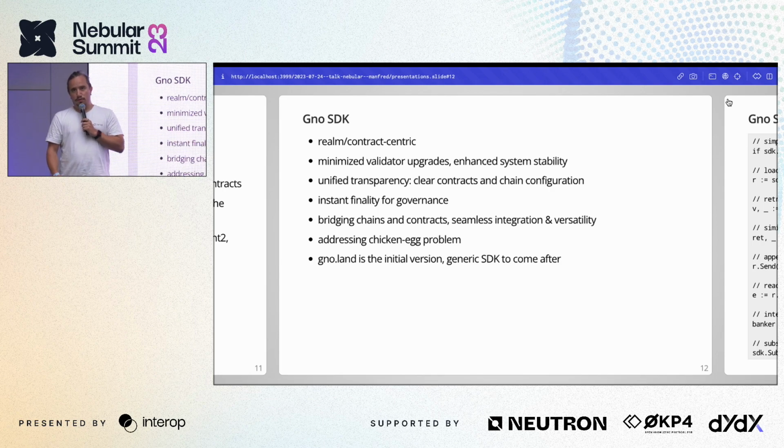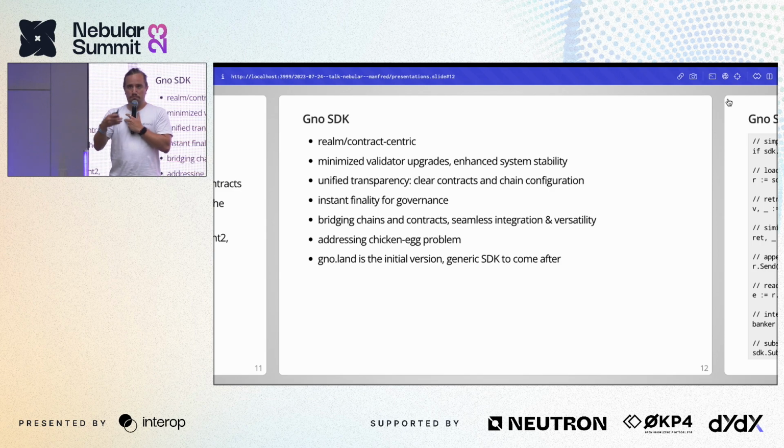The focus of the SDK is to become the bridge between the contract and the chain. A contract can ask for information from the chain through the API, like loading a banker, or receiving information through channels. But the goal was for the chain to be able to consume, interact with, and check the contract. So it addresses the chicken-and-egg problem, because you can have the chain relying on contracts before the contracts are published. And the goal is to make it simple, so you can start with simple blockchains, and then you have